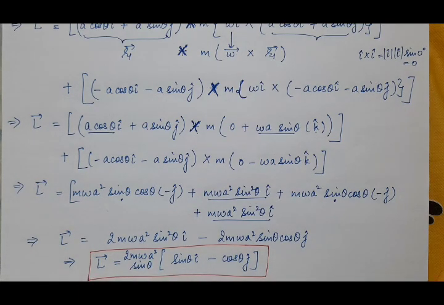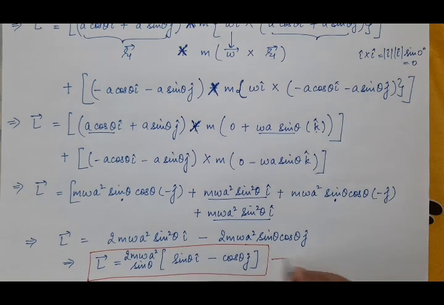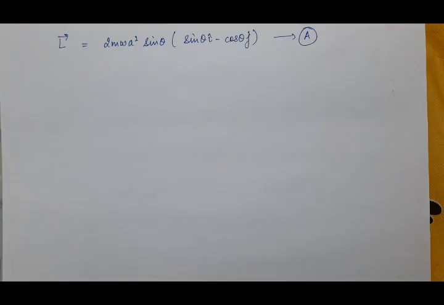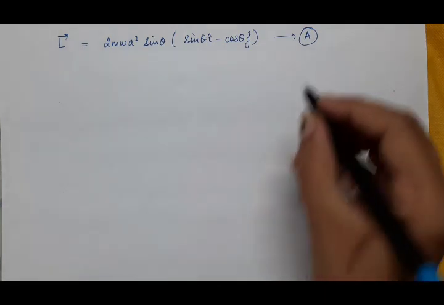This is for the two particle rigid rotator, rotating about the x-axis as the axis of rotation. Suppose this is our equation A. Now read this expression. This expression will tell you about the direction of angular momentum vector L vector. How can you decide the direction? This is homework for you guys, that find